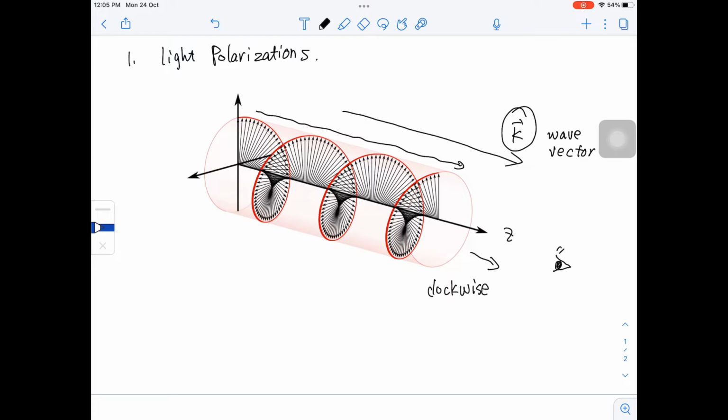Right? When we look into the light, in the other case we can see the light is rotating counterclockwise,